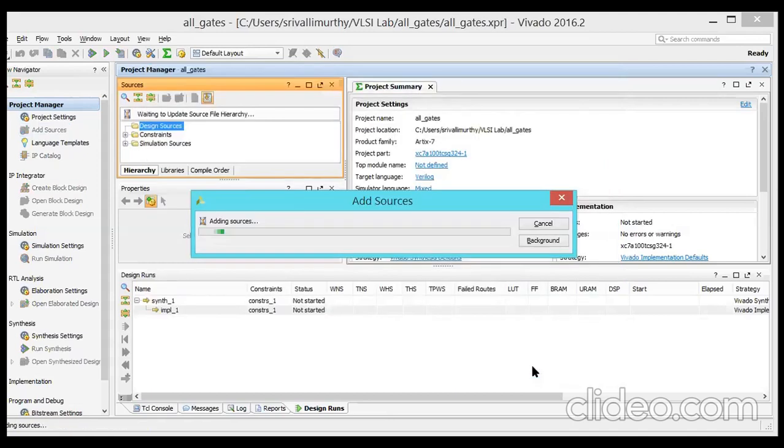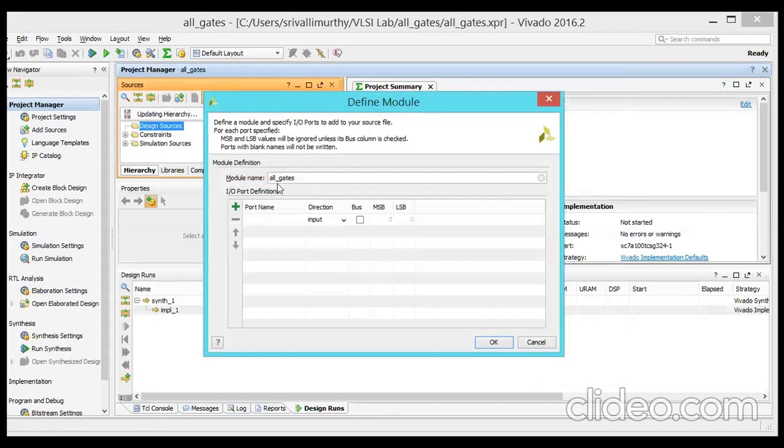Now it is asking some questions. What is the module name? In Verilog, the language construct is the module. The module is all_gates, so give the same name. What are the ports? Port means input and output ports.